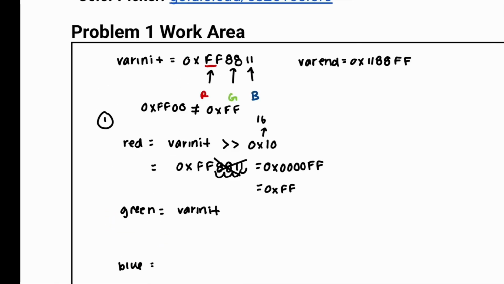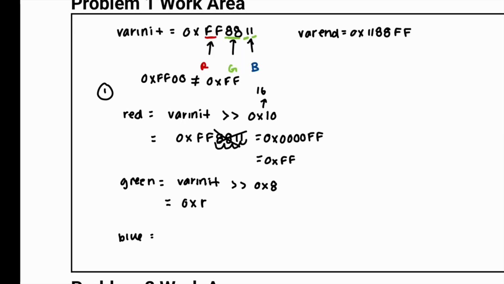We have var init. This time for our green bits over here, we know that we'll have to shift 1, 2. So that's 2 spots. Remember, since each digit is representative of 4 bits, that's going to be 8 bits total. So we'll shift right by 8, 0x8. That becomes 0xFF8811. We shift right by 2, so then 2 digits, so then that becomes 0x00FF88. Well, we want to make sure that we get rid of this FF, so we'll probably do some mask